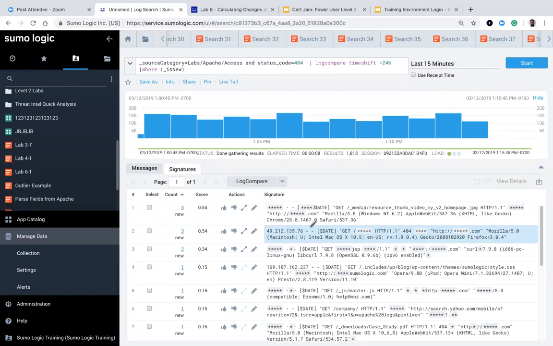All right, lab 11, I'll give you guys a moment to do. This is going to explore the outlier functionality. So why don't you go ahead and do it? The other thing I'd encourage you to do is